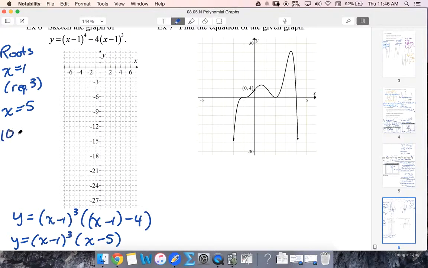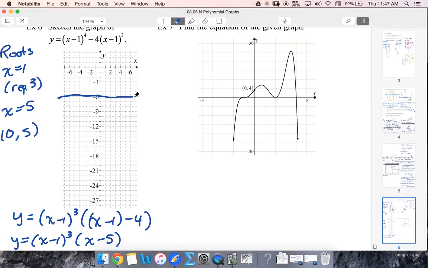My y-intercept, when I plug in 0, I'm going to get negative 1 cubed, which is still negative 1. Negative 1 times negative 5 is positive 5. So I don't really have positive 5 showing up here. That's a bit of a, I don't know, a misgraph drawing. So let's see if I can pull this down